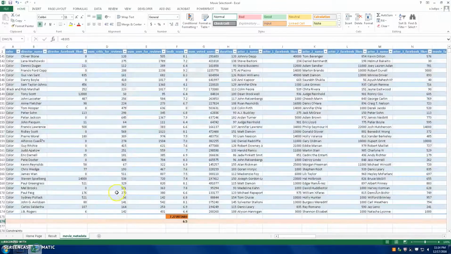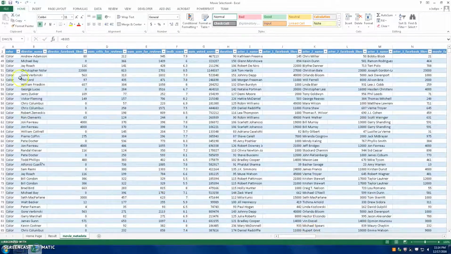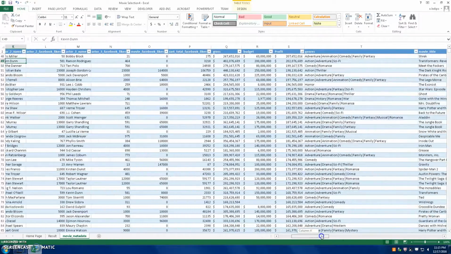And then, this is what the database looks like. It's built in with all sorts of information, from whether or not the movie is black and white, the director's name, how many likes he has on Facebook, the number of critical reviews for the movie, the number of users who reviewed the movie on IMDb, the number of users that voted on the movie on IMDb, how long the movie is in minutes, who was the lead actor, how many Facebook likes he or she has,